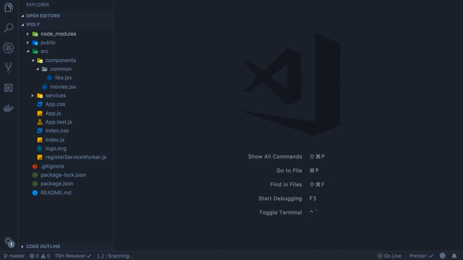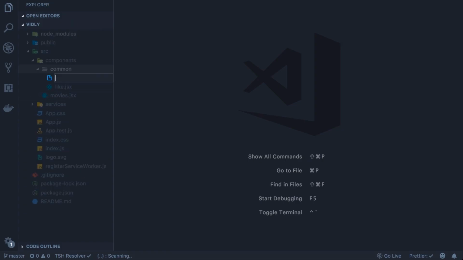All right, let's start by building a pagination component. Now, similar to the like component that we built in the last section, we want this component to be completely decoupled from movies, so we can reuse it in multiple places. So here in the common folder, let's add a new file,